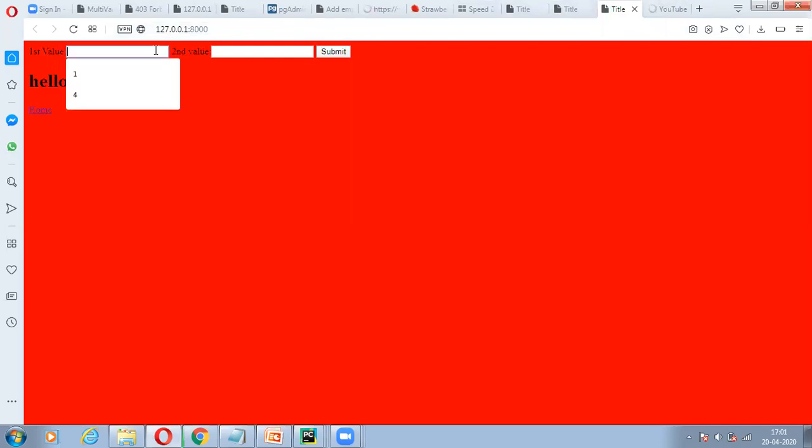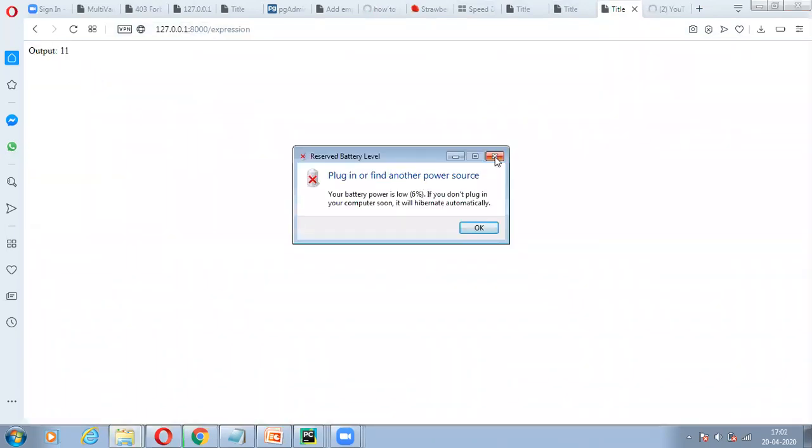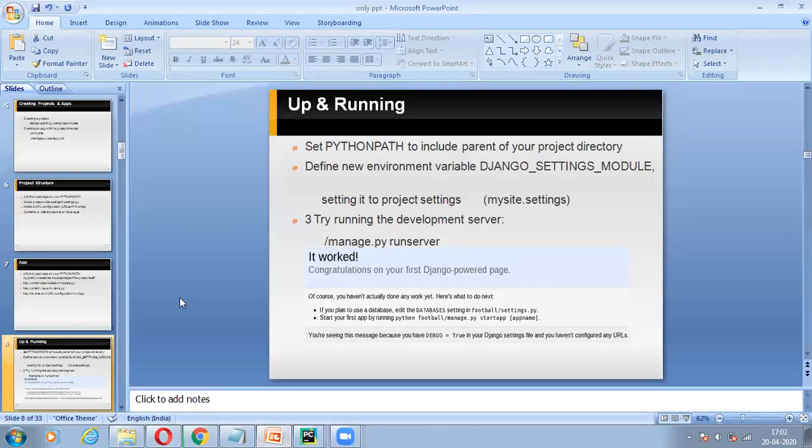Now, if you wish to fill in some form or some value, like 1 plus 5, then you can see how the output will appear over here. So guys, this is how a basic project in Django will work, right? Then moving from here,